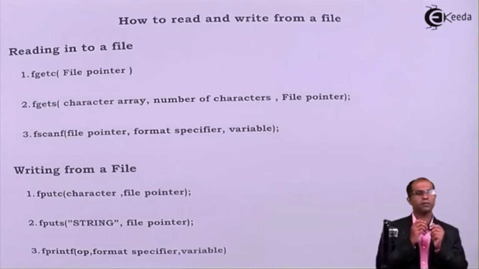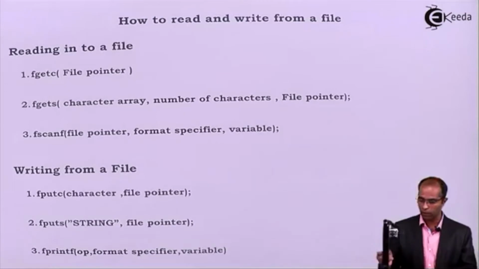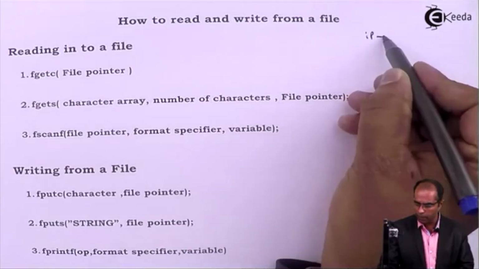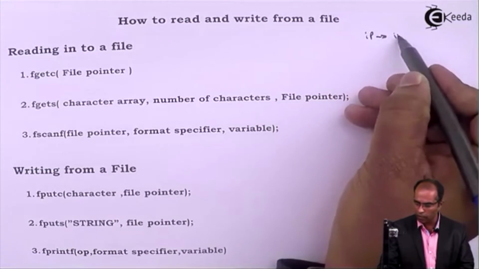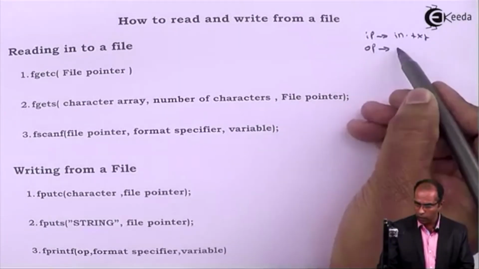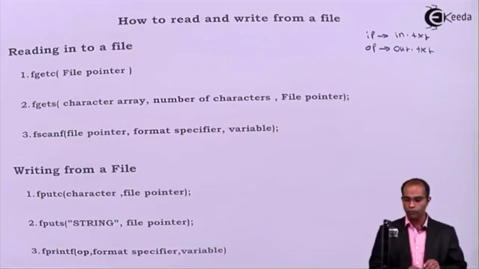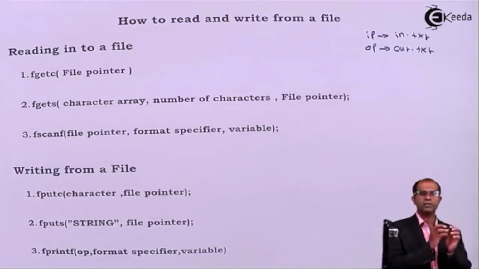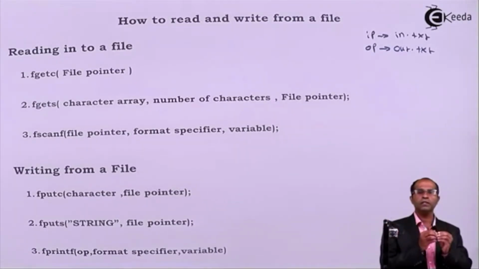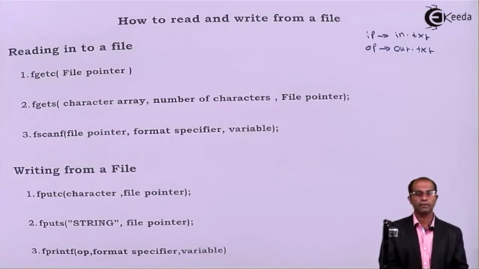For this, I had to make some assumptions. I'll write these assumptions at this place so that when I'm describing these functions, you should not feel where these terms came from. I'll say that there is a pointer IP which is associated with the file called in.txt. There is a pointer OP which is associated with the file called out.txt. By this time, you might be comfortable with the file pointers and how they are supposed to be associated. We have seen this in the previous video. If you're not comfortable, go back to the previous videos and watch how exactly these contents are visible and being added.